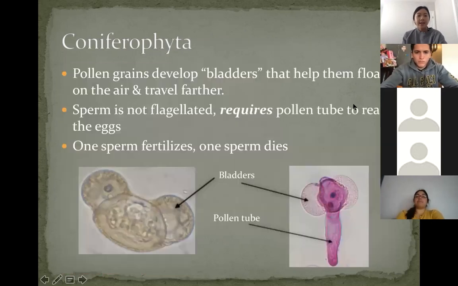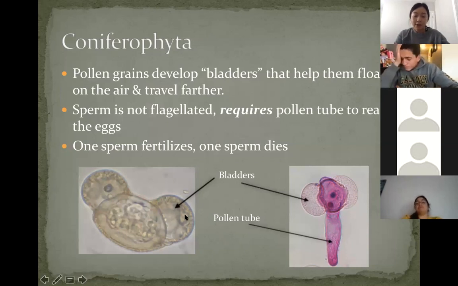Okay, so with the conifers, they have pollen grains that essentially develop bladders. So that's these Mickey Mouse ears right here that I have with the arrows that basically help them float on the air and travel farther. So when those male cones crumble apart, what helps that pollen get dispersed in the wind are these bladders, so